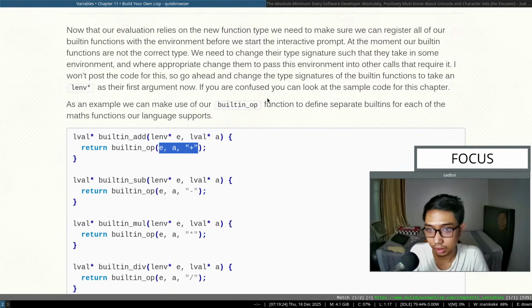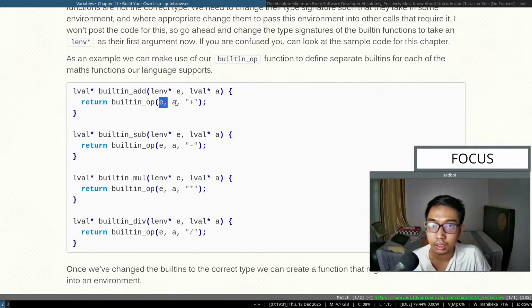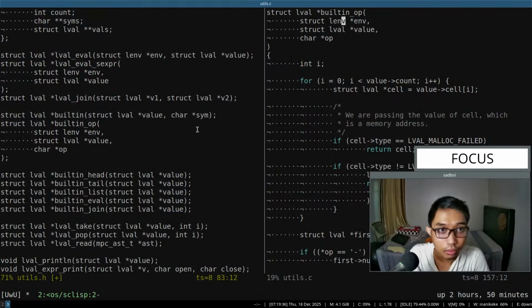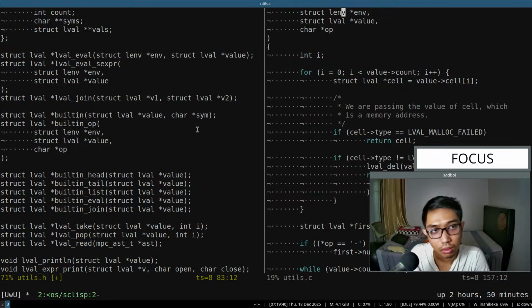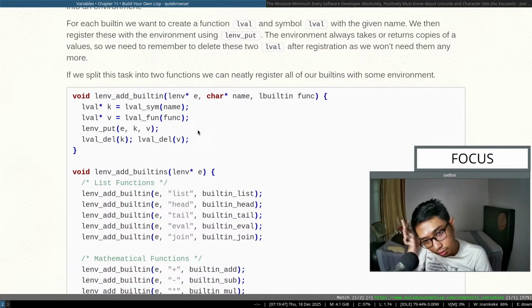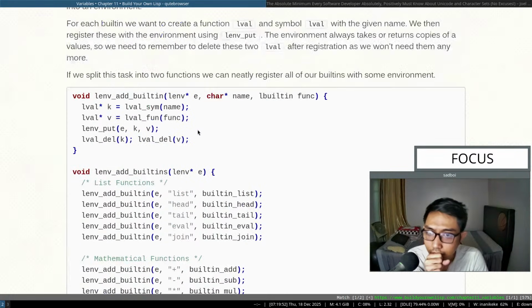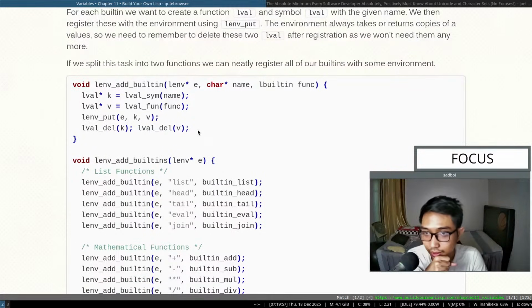Built-in operator, and then we are passing the environment and the value. Previously we have the value. Add built-in function. Like what? Oh,